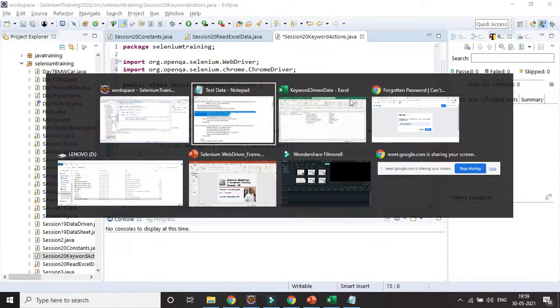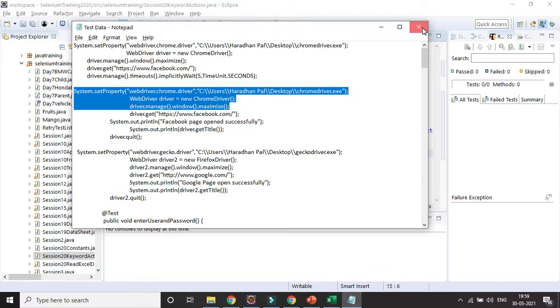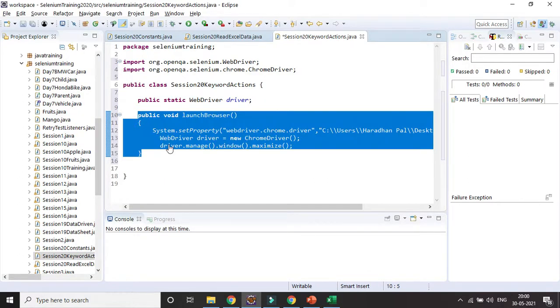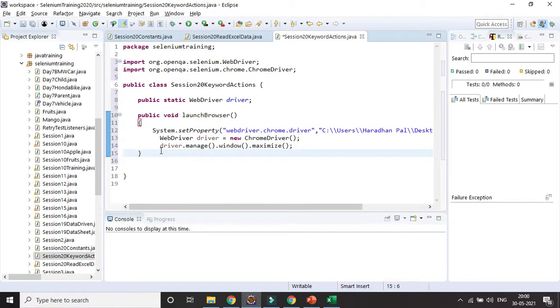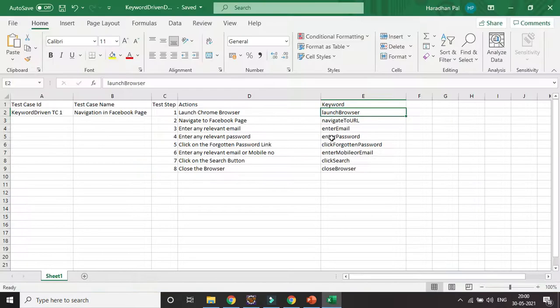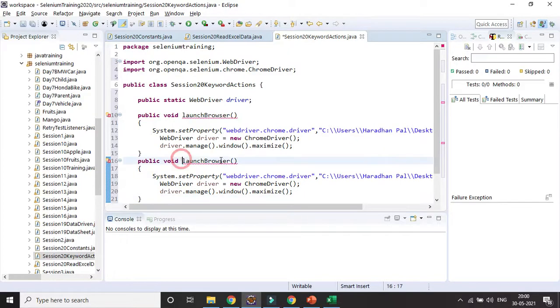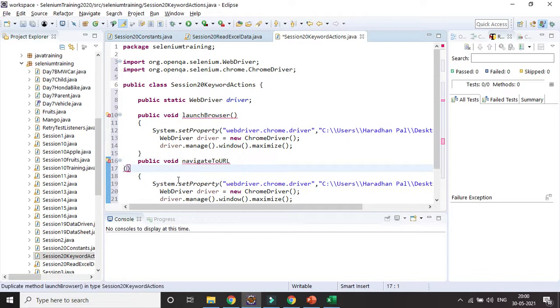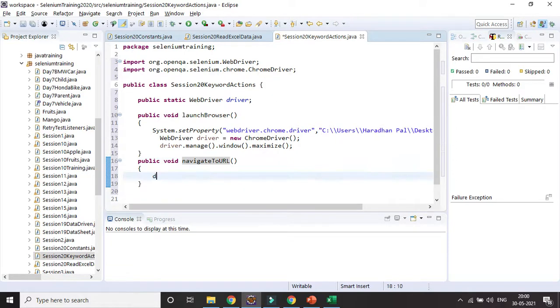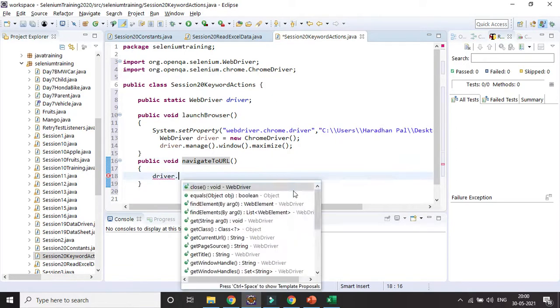Let's close it. Next, in a similar way, I will be creating some more keyword actions. The next one will be navigateToURL. How can I navigate to the URL? I need driver.get.